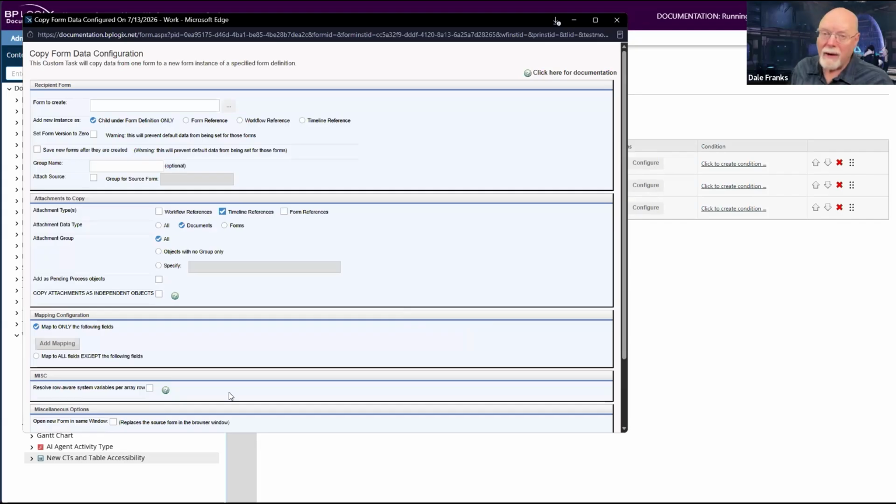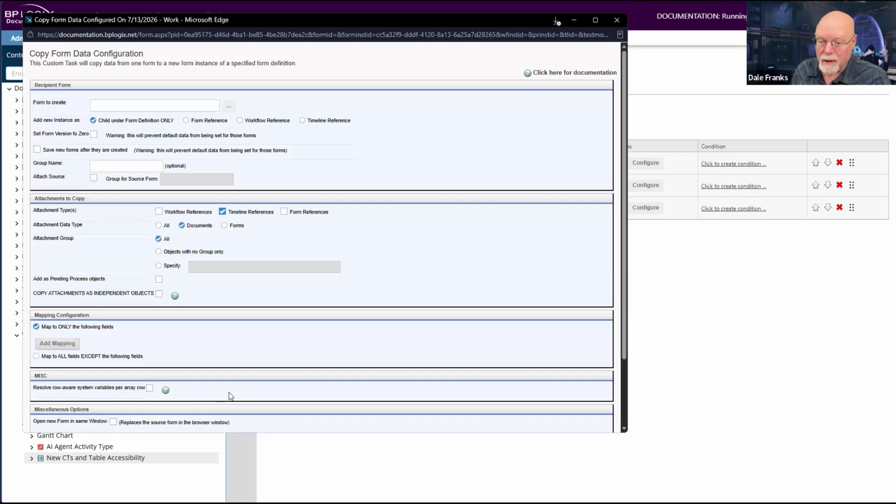Currently, what the behavior is in Process Director is it just pulls back the array row values, and all of the system variables that are included in an array are evaluated once, by column in the array. And we had a customer that said what we would prefer to do is to run through them row by row, because we're using some system variables that are row dependent.